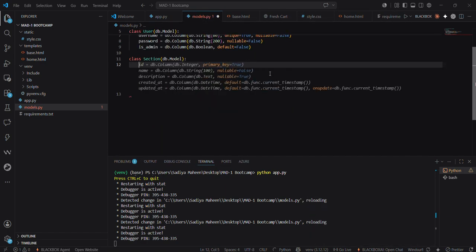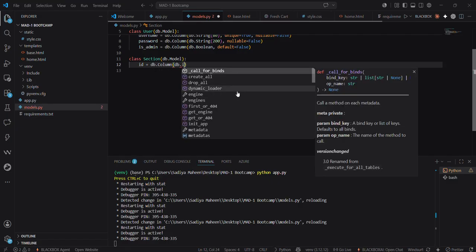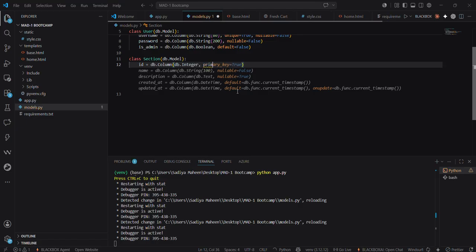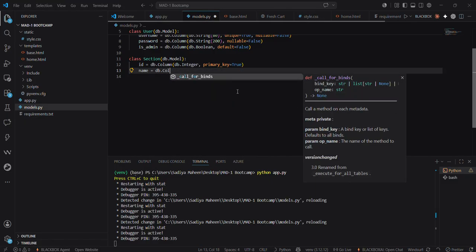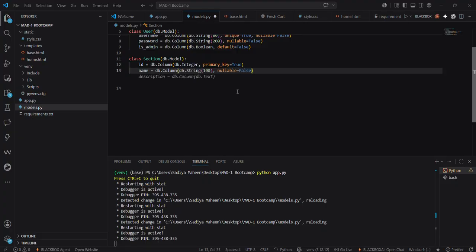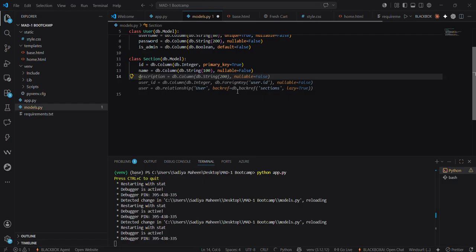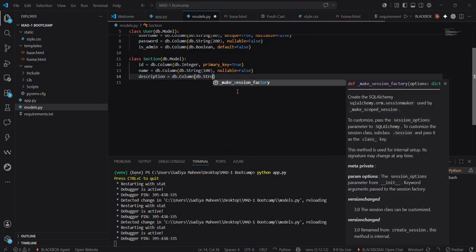Section is again going to have an id, db.Column. It is again an integer type with primary key true, because it's going to be the primary key for the table. Okay, next we can have a name column, the name of the section, say grocery. Again, it will be a string and it should not be null. You must also have a description for this. If you have grocery, you must have a description saying what comes under grocery. You have db.String